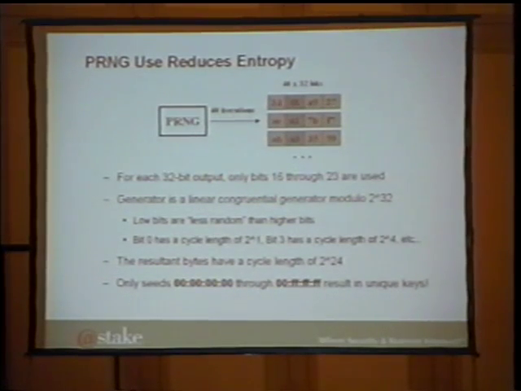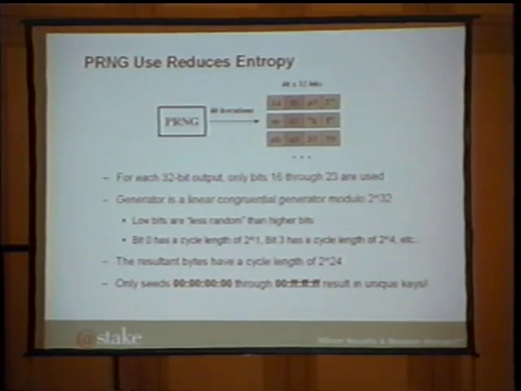So next, the way that they use the pseudo-random number generator also reduces the entropy. In this step, remember that there were 40 values generated from the generator. From each of these values, only one of the bytes was selected. Well, the generator is a linear congruential generator, and it uses a modulus of 2 to the 32. This type of generator has the property that the least significant bits are much less random than the most significant bits. In particular, if you look at the lowest bit, it will cycle every 2 iterations.